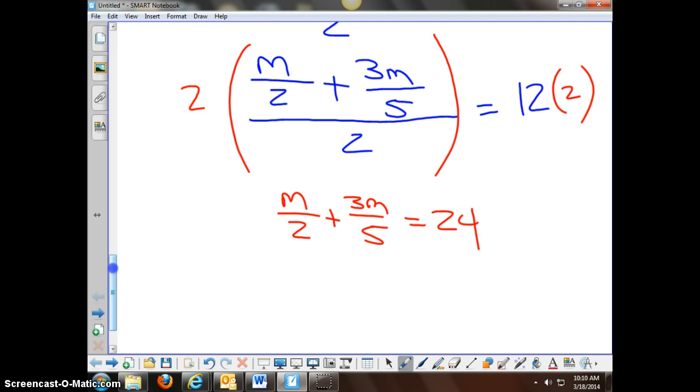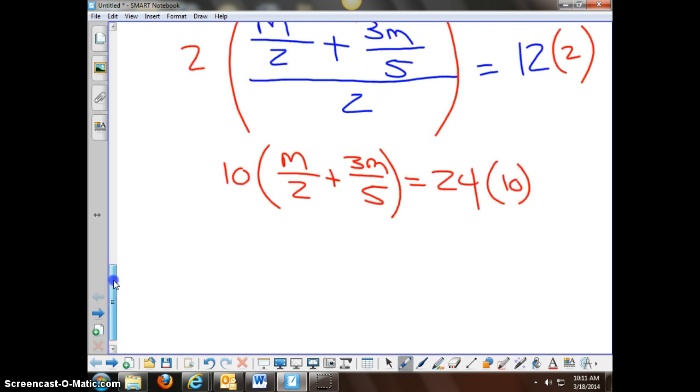So he said find the least common multiple of our denominators. So the least common multiple of 2 and 5 is 10. So you're going to multiply this by 10, and you're going to multiply this by 10. Clean it up, Niall. And so now we have